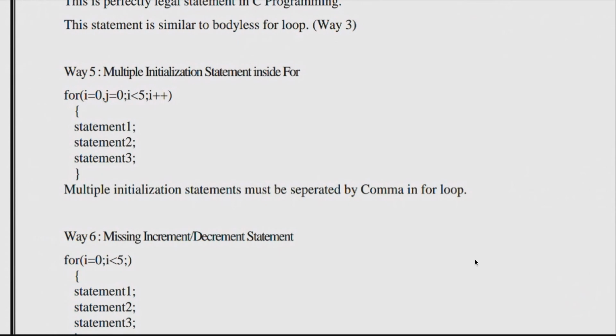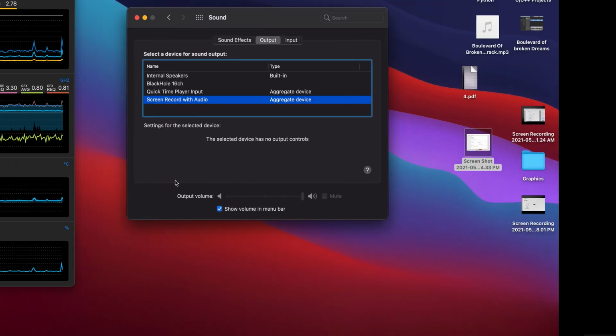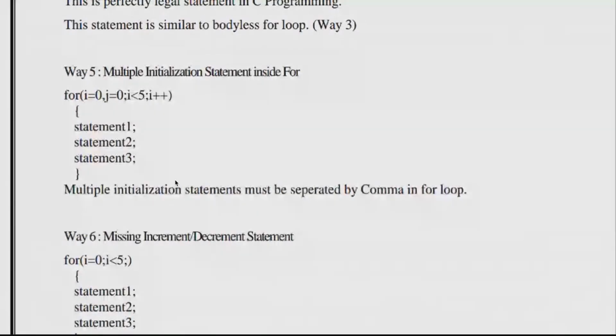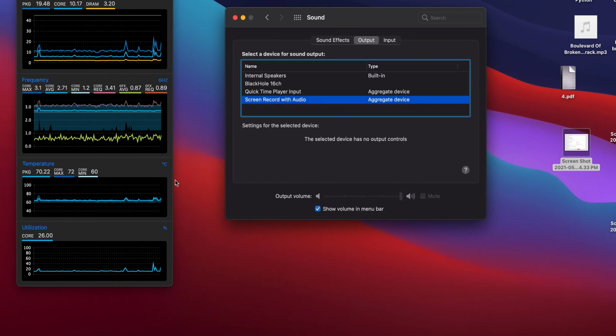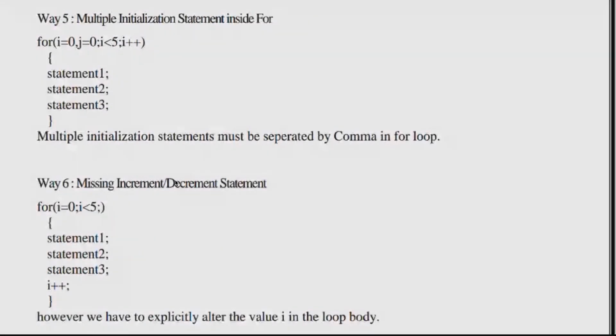So you can write a comma, k is also 0. After that, if you wish to increment, you can increment i. If you want to increment the j value also, you can do that as well. So multiple initialization statements must be separated by commas in a for loop.